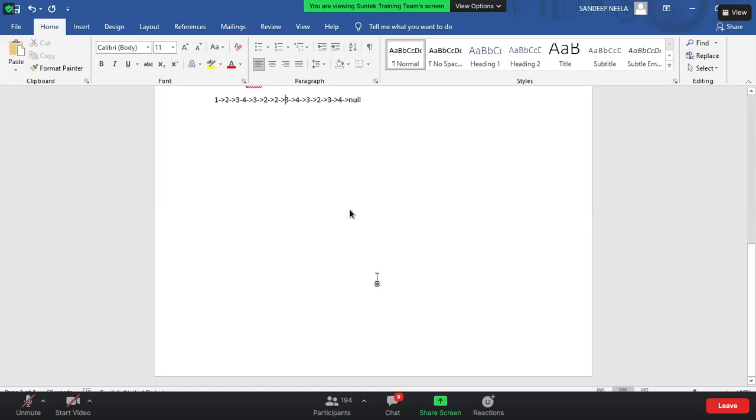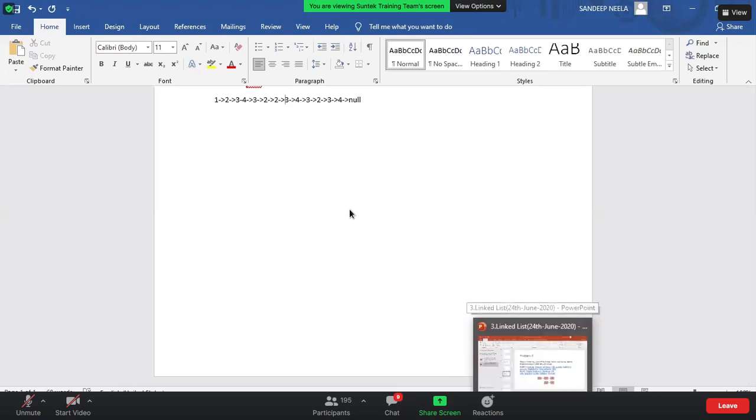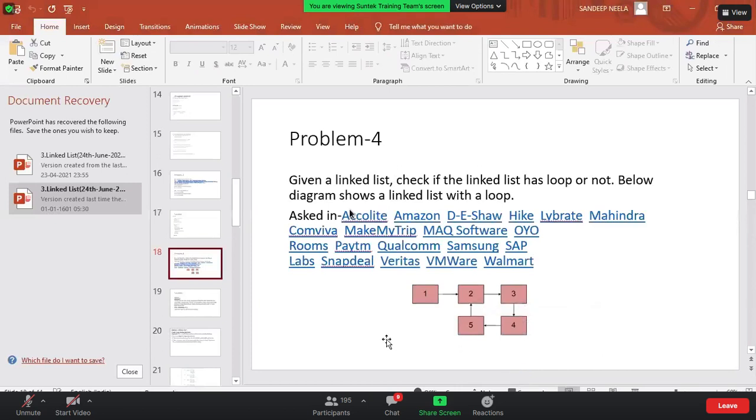So tell me, how can we store the address, and what is the better way to store the address and say immediately whether there is a loop? Should I traverse through each element until the end of the list, or what is the better way? So how many of you know the hash concept?